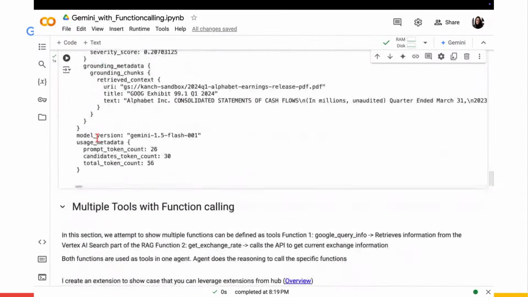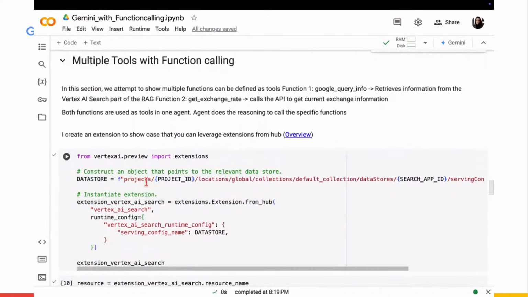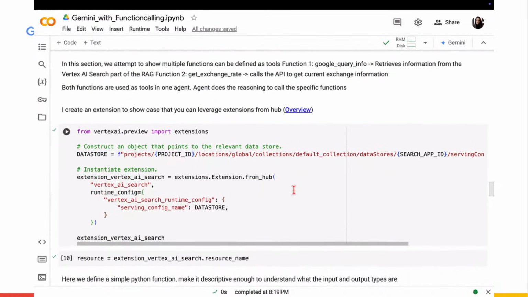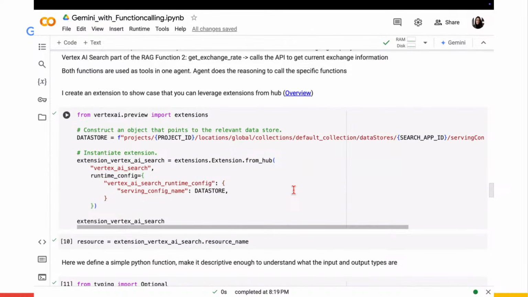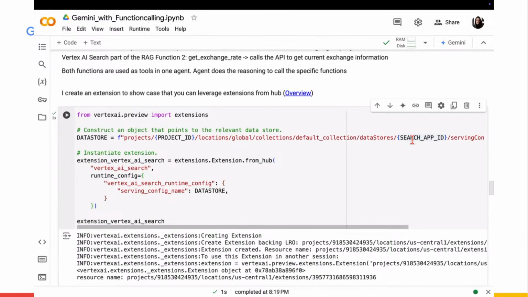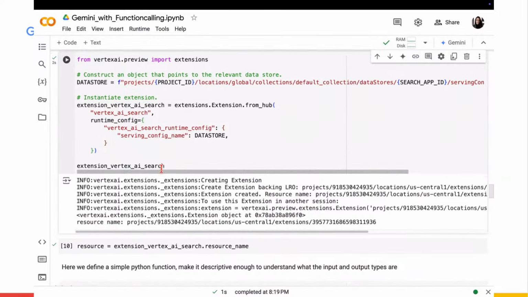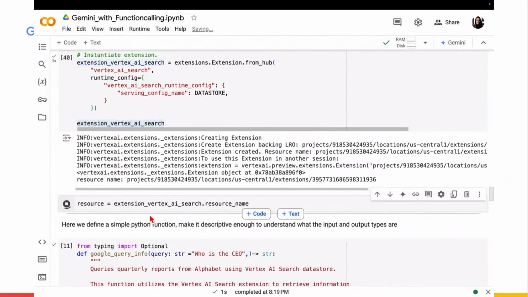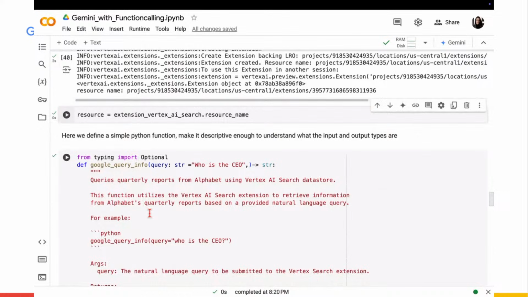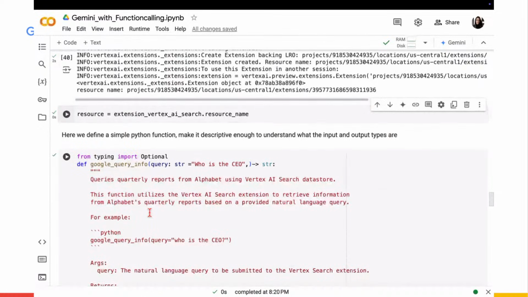The other way we can do this is through extensions. So Kanch already highlighted what an extension is. Essentially, we have preset extensions that you can use, like the code interpreter, or also Vertex AI Search coupled as an extension. So instead of using the retrieval tool, you can also use it as an extension here. So you just define the same data store with its search app ID here for our extension. Then we create the extension here so that we get the handle, we get the extension name. And once we have it, we can pass it to our agent, which we'll do in a second.